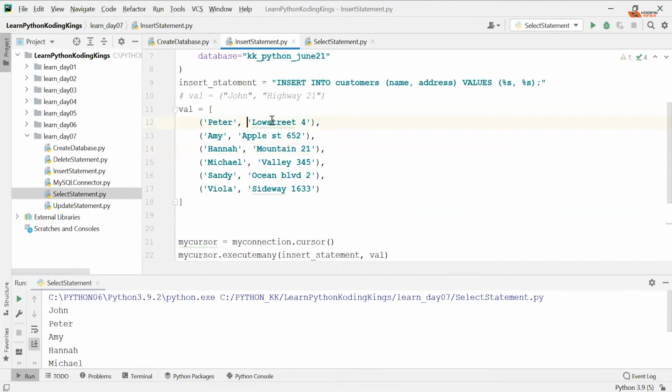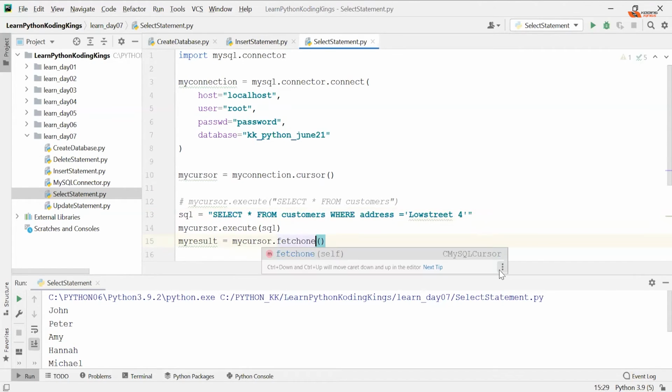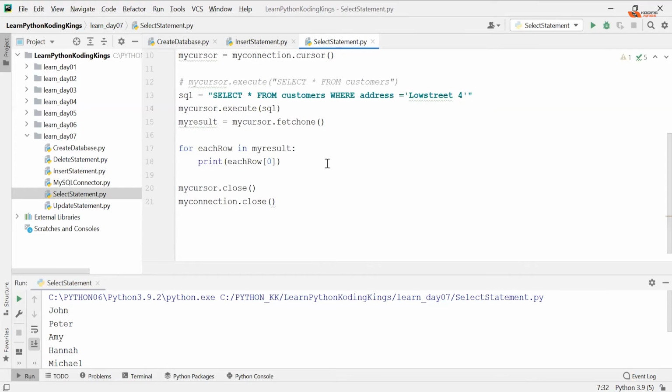Let's take the Low Street 4 address and just pass it here. So you will get only Low Street 4. You can always go for fetchone, which will give you only one record. I recommend you always go for fetchall because we don't know how many records you really have.